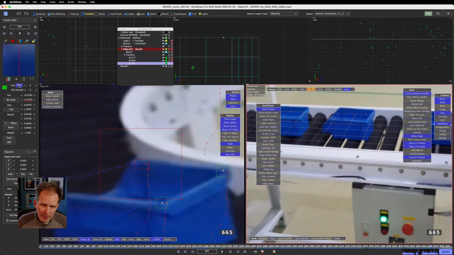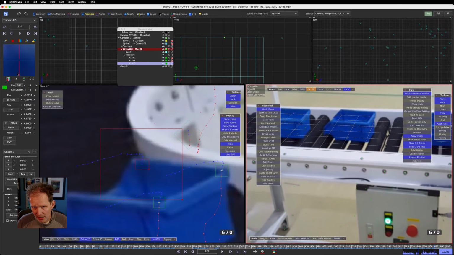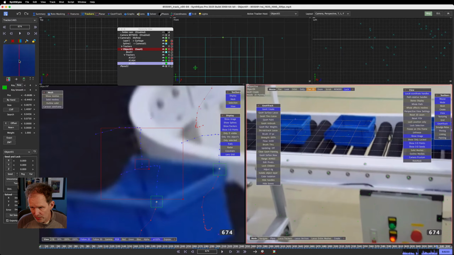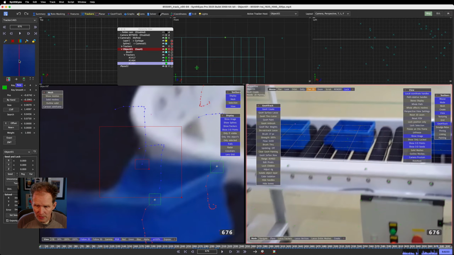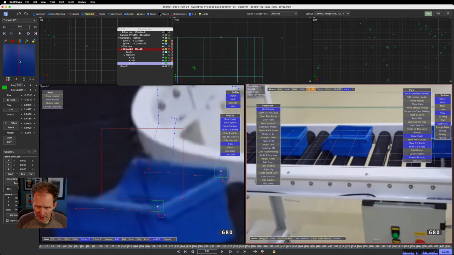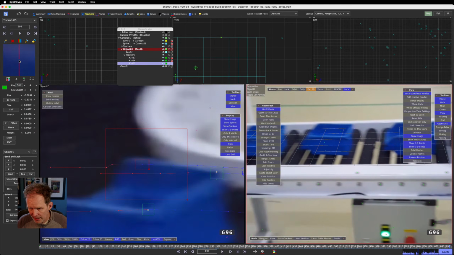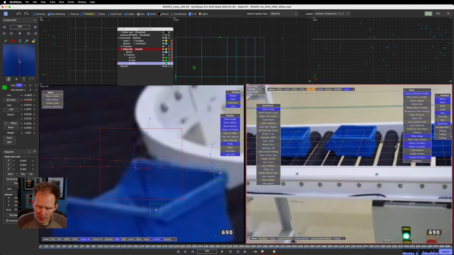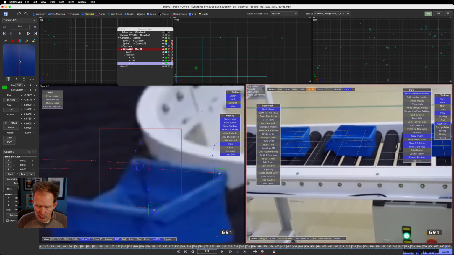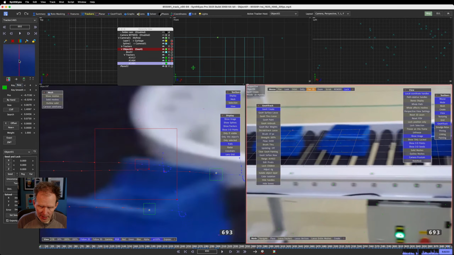Let's make a keyframe here and then go forward a frame and blow away that tracking history. And then 1, 2, 1, 2, 1, 2, 1, 2. So there's a little bit more motion blur in here because that's the point where our little blue guy tilts forward, and we're going to start being able to see. We're not going to need as many trackers as we would normally need to do an object track,